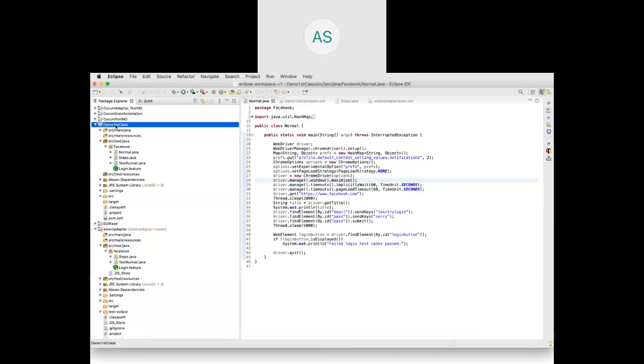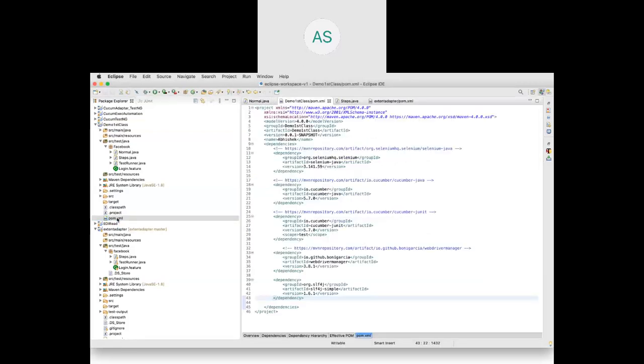Once we create a Maven project, what's the first step we do? We define the dependencies in the pom.xml, right? For automating any web application, we need the Selenium dependency, so I have defined that in the pom.xml.